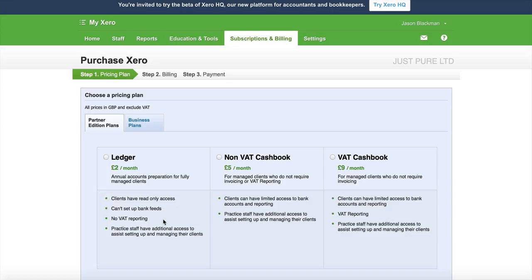So what it's really designed for, the Ledger version, is for the likes of us, when we come to produce a set of sole trader accounts at the end of the year, and we want to import their annual bank statements into Xero, then the Ledger version is perfect. So what I would normally do with a non-VAT registered client, if I'm preparing their accounts at the end of the year, is I go and see them, I pick up all their bank statements, and I can then import the whole year's worth of bank statements into the Ledger version of Xero, and then I can really, really quickly code them all using cache coding, and you can sort of produce a set of annual accounts for a sole